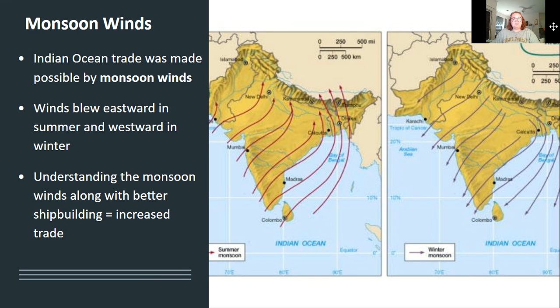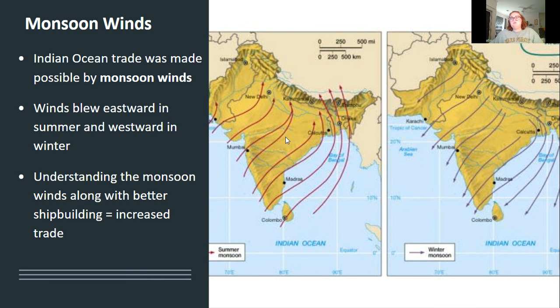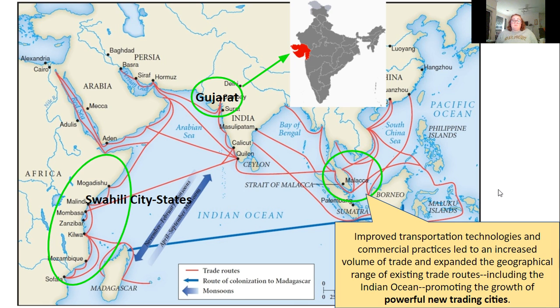So then you see here again, the monsoon winds, northwest and northeast. The winds blew so reliably that they could move larger and better ships across the water with so much ease. This improved transportation technologies and commercial practices led to an increased